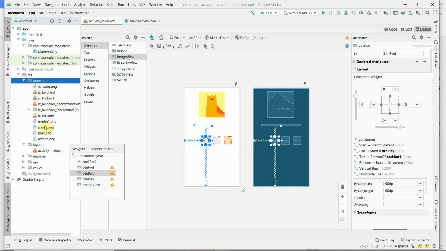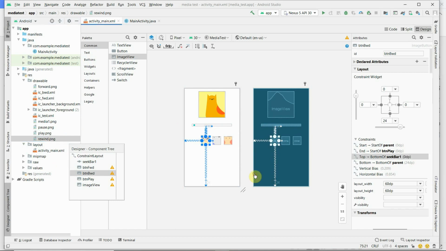First we have to paste or keep images that are required as buttons, as png images or any type of image, in the drawable folder. Keep all the images in the drawable folder. We have already kept the images in the drawable folder.